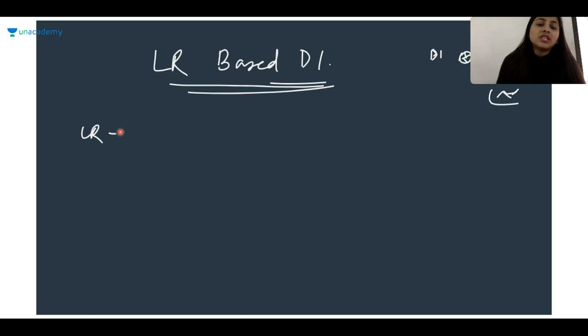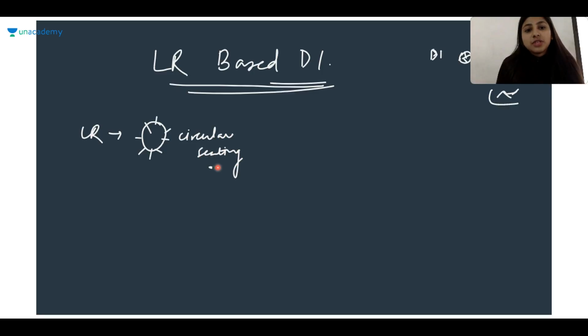In LR also you will see there will be questions where you have to make the people seated on a circle and you have to also match them. Like sitting arrangement plus they'll tell you you have to match the people with their favorite subject, favorite color, things like that. So it is a question on matching puzzle plus circular sitting arrangement.